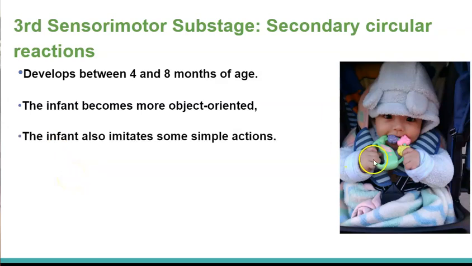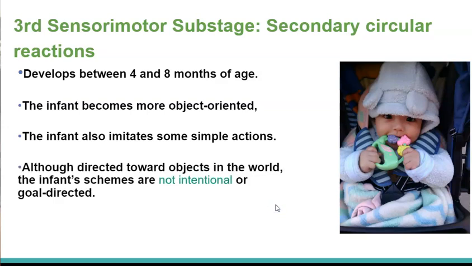So for example, as you can see, this baby has a rattle in its hand. And infants can imitate simple actions. So they may be able to shake a rattle. They may be able to suck on a rattle. They do it not because they have any goals of trying to really understand the environment. They do it because they're fascinated with the rattle or with the object. They don't do it to get the attention of their caregivers. Like I said, it's not intentional. It's not goal directed. It is only for their own pleasure.